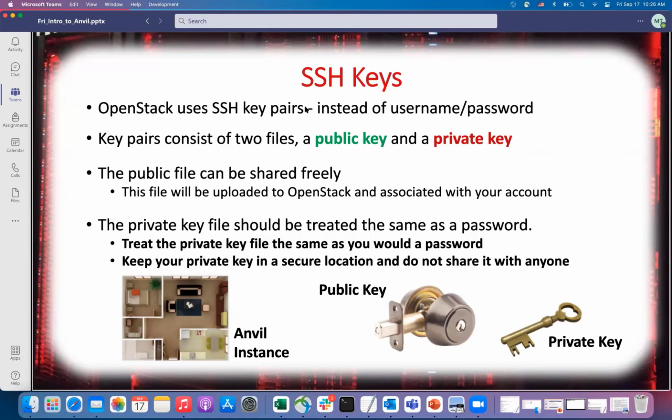So, as I said, SSH keys are used as authentication to access your instances or Anvil instances. Think about it: there are two parts of the SSH keys, a public key and a private key. So when you create the public key,